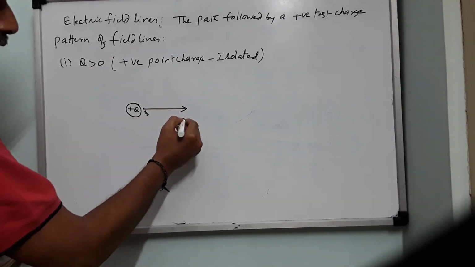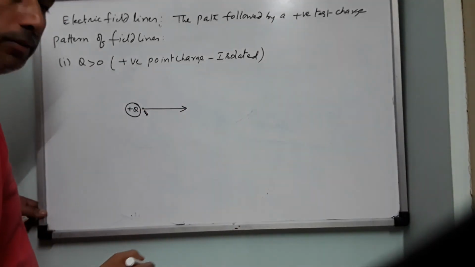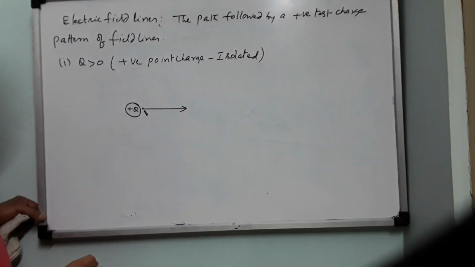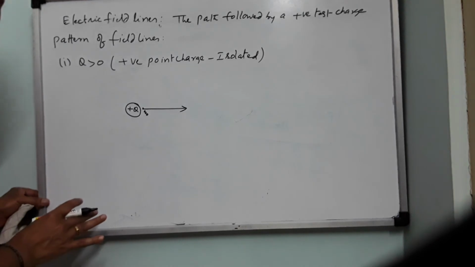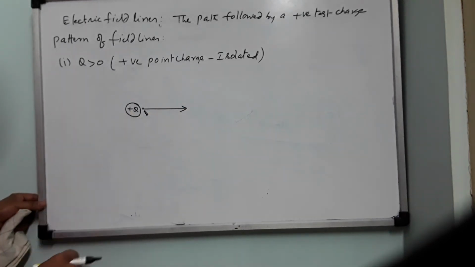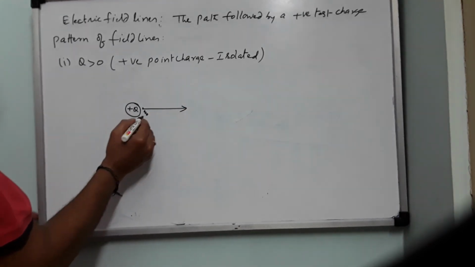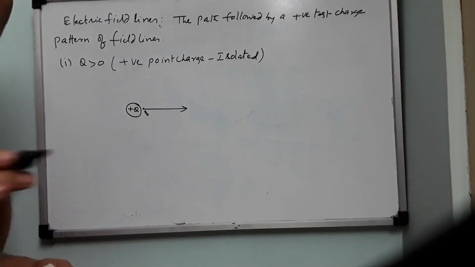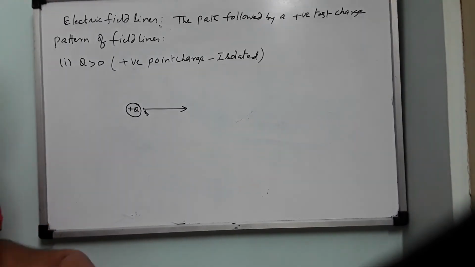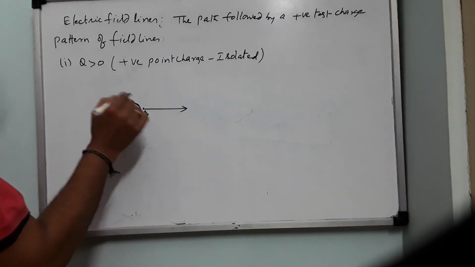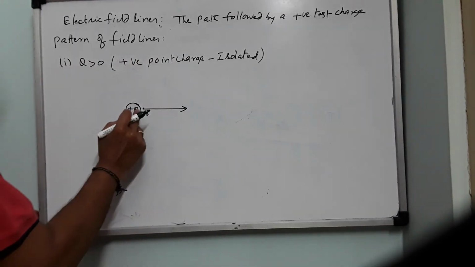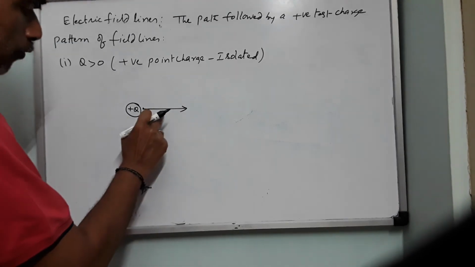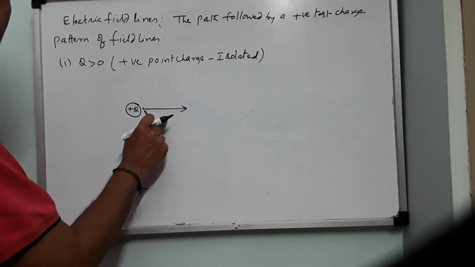So shall I stop it here, sir? No, no need. You can continue. This line will run up to infinity. But we are just depicting the symmetry of this electric field. That's why to some extent you draw it and stop it. Now, this Q naught is such a small charge that it will not create its own electric field. Rather, the electric field produced by Q naught is negligibly small. So Q naught is in the electric field of my source charge plus Q, and when I kept it here, it is moving in this direction. Therefore, this is my electric field line.